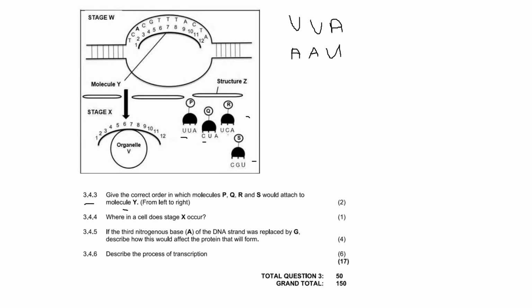I'm putting the mRNAs which are going to form them for each. For T, I think I'll just put them here. Let's have TCA because I want to find the order in which those ones are going to go. TCA will form this mRNA, and then let's call this one mRNA here. And then here I'm going to put tRNA in it. So here I'm going to put tRNA. And then another one will be